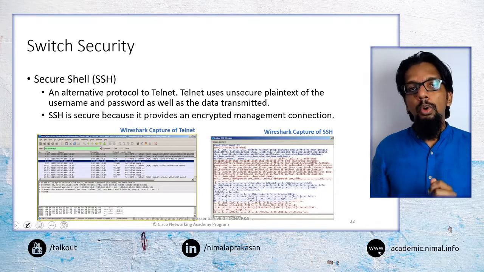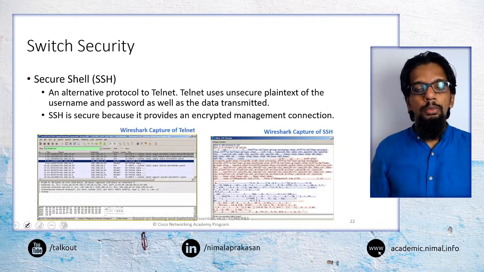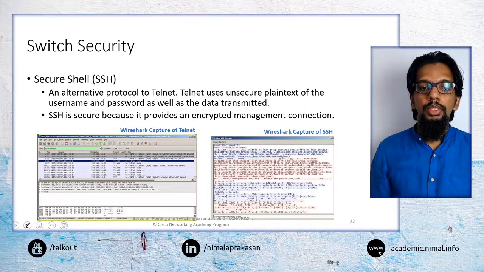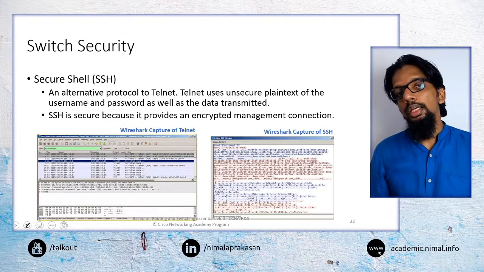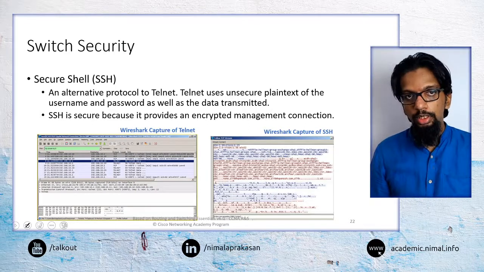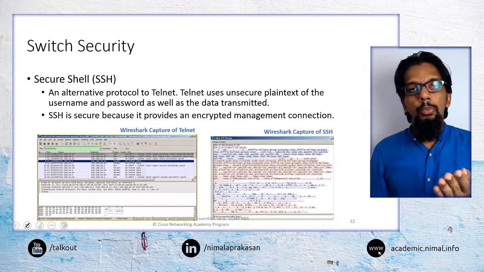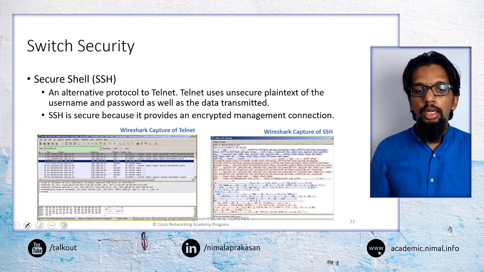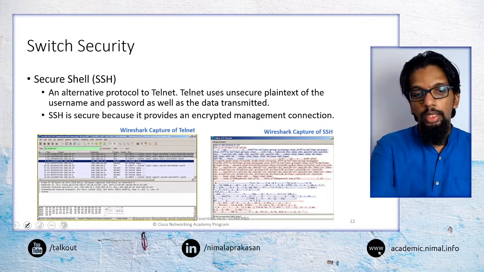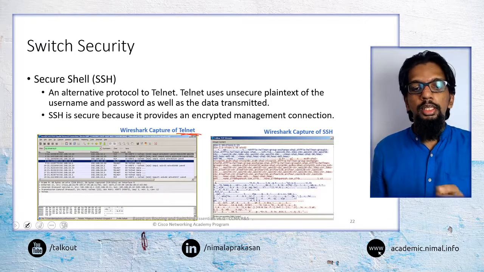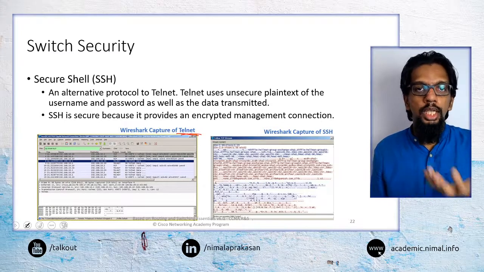Then another important thing that we have to think about when we are working with switches and configuring switches is how we are connecting to these switches to do our configuration. Normally there are two ways that we can connect. We can connect through Telnet, for example, and Telnet is not a secure protocol.